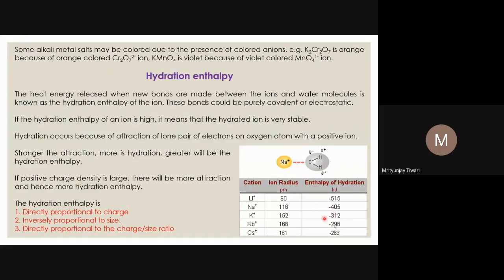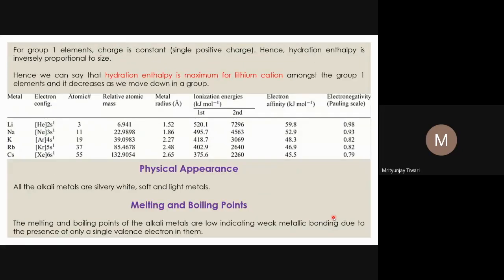This is why we are reading this, because we may not need to remember these values. We need to understand the trend, even if this data was not given by the experiments. Whether you get a certain trend, you understand that trend or not. This is what chemistry is. So without knowing the values shown in this table, you should have a certain idea about the hydration enthalpy, and this is what we go by the concept. So the hydration enthalpy is maximum for lithium amongst the group 1 elements, and it decreases as we move down the group.